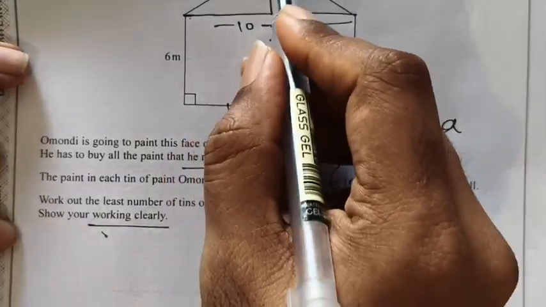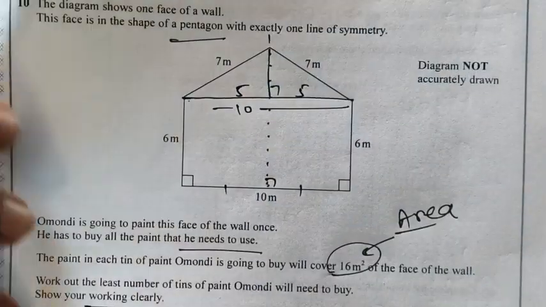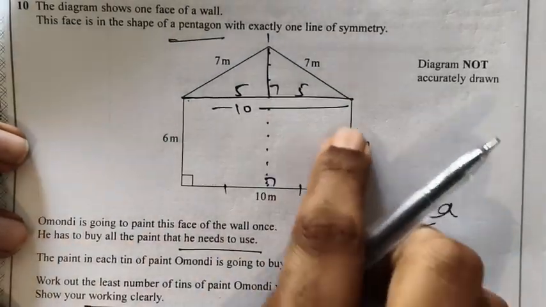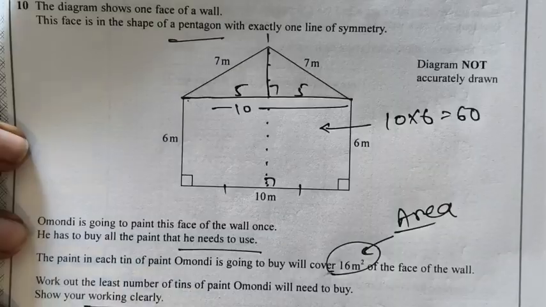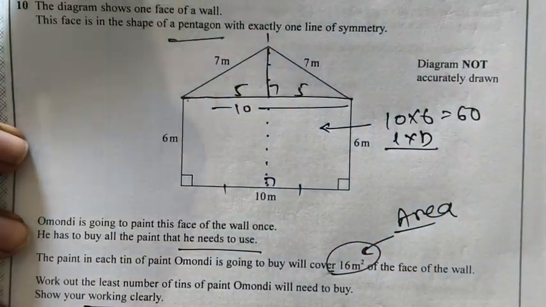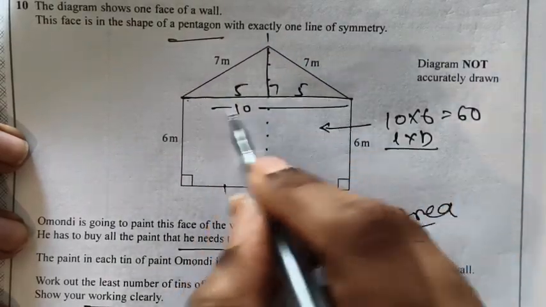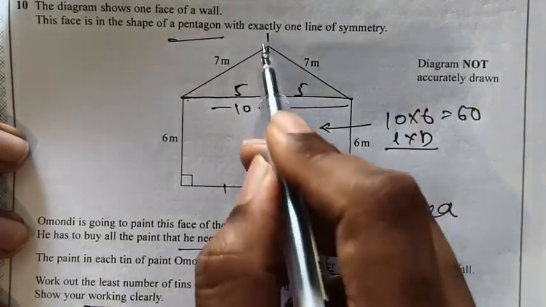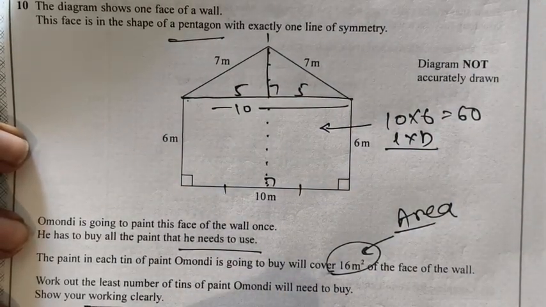Fair enough. Now this is 5. This is also 5. Correct? So the area of this rectangle is going to be 10 into 6, which is 60, because length into breadth is the area of a rectangle. Now he needs to find the area of this part. Correct? Area is of course half base into height. Height do we know? No. What can you use to find the height? Height can be found by Pythagoras theorem,